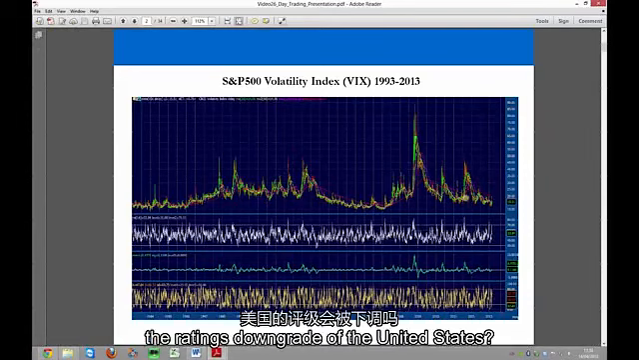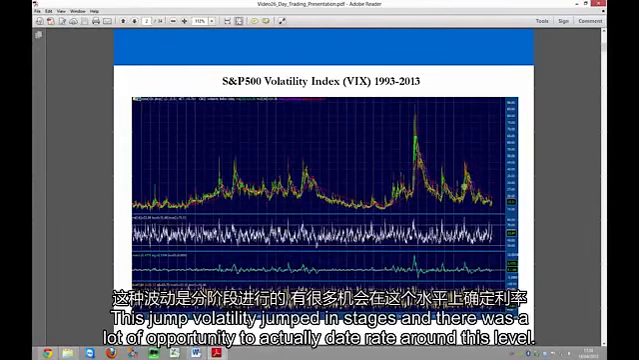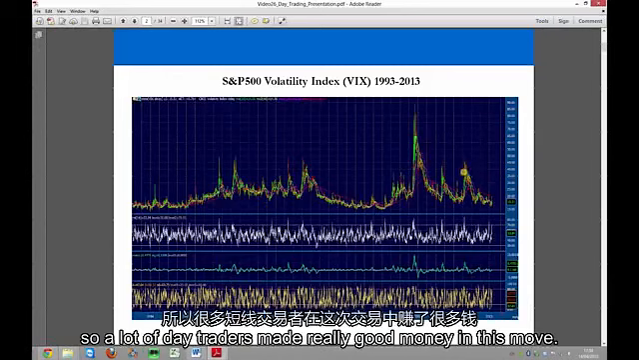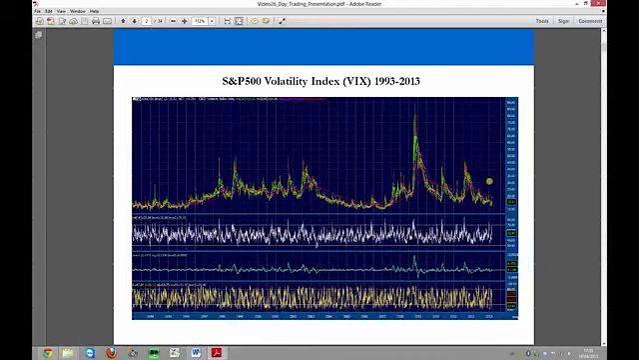However, with the ratings downgrade of the United States, volatility jumped in stages, and there was a lot of opportunity to actually day trade around this level here, and there were wholesale opportunities to day trade. So a lot of day traders made really good money in this move. And also in 2012, this move here,